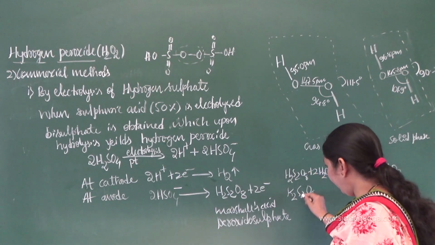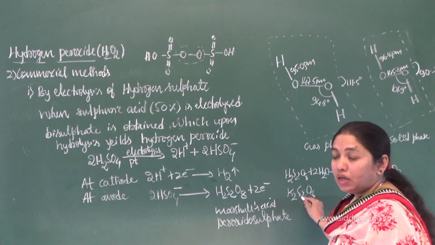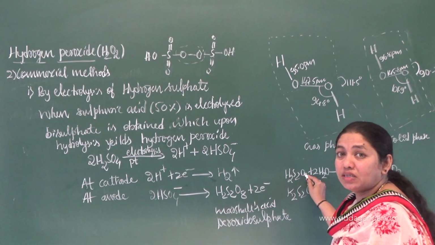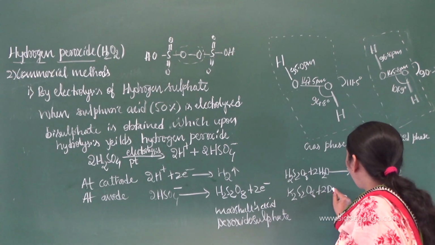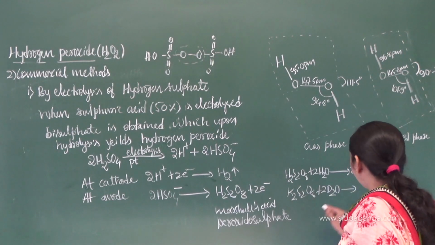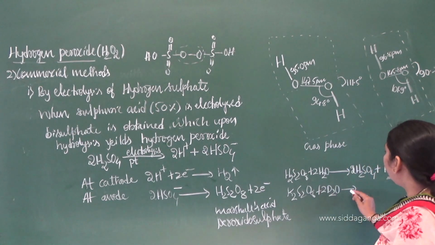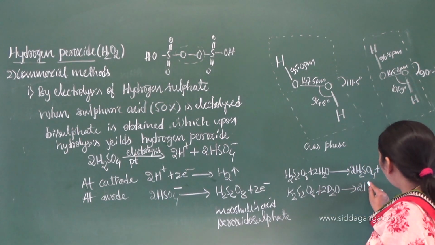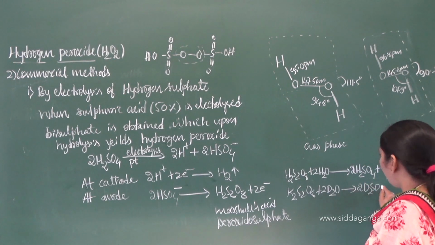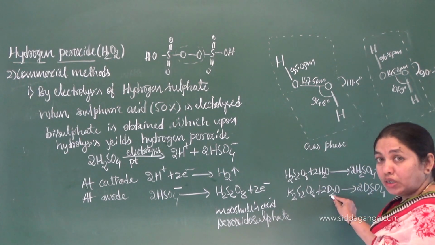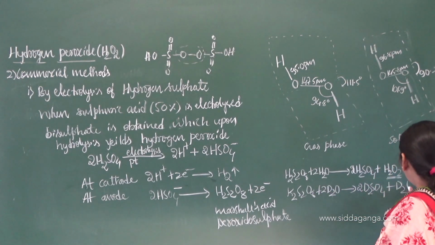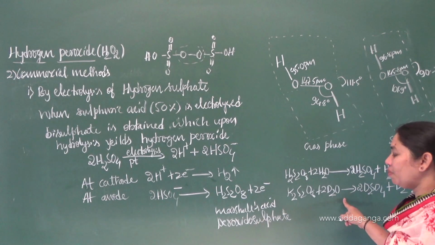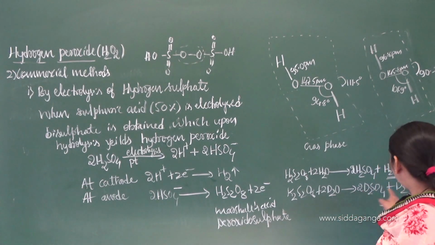If we take the salt of this Marshall's acid, K2S2O8, and subject it to hydrolysis using heavy water, what compounds are you going to get? You are going to get 2D2SO4, because there is no hydrogen here, we have taken deuterium oxide, plus D2O2. This is the laboratory method of preparing